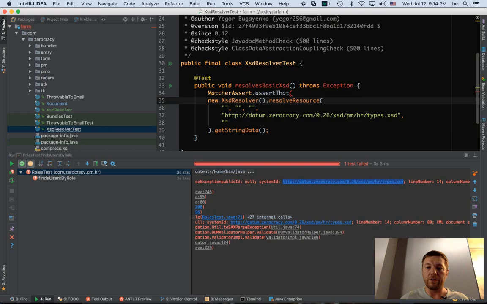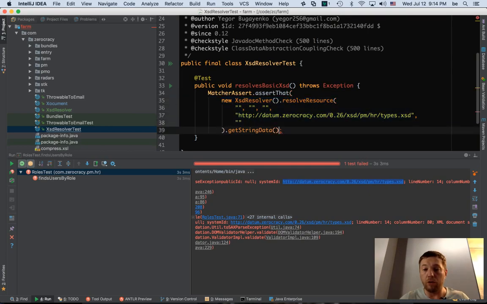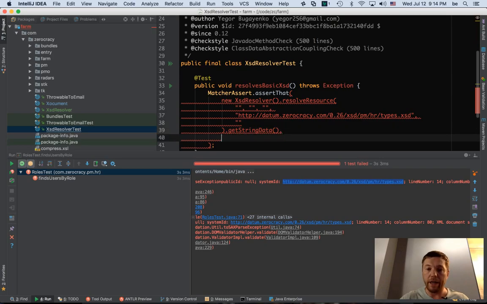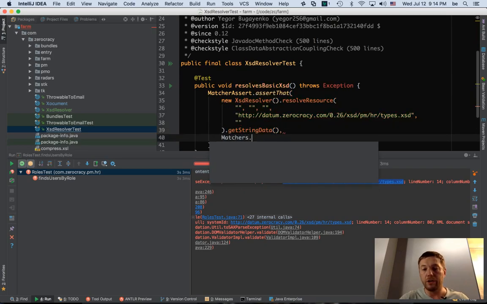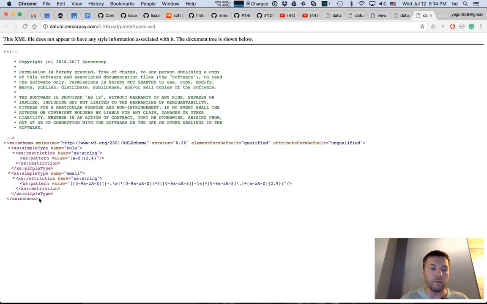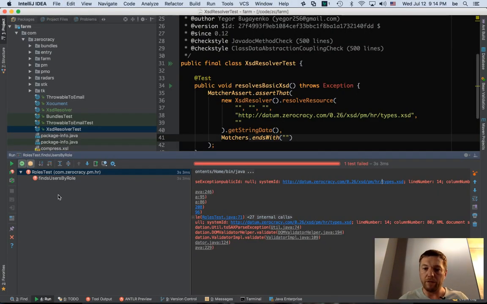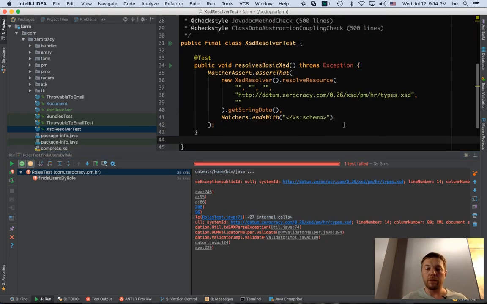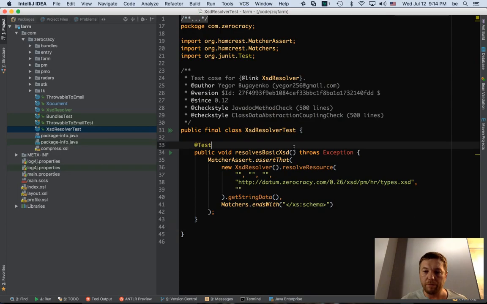Let's see what's there, because it was something wrong. I don't want to debug it. I don't want to run it step by step. I want to write a unit test and use matchers, for example, ends with. So what is it supposed to end with? Let's check it again. It's supposed to end with this, right? That's the end of the file. So let's put it here then. Boom. This is the unit test, right?